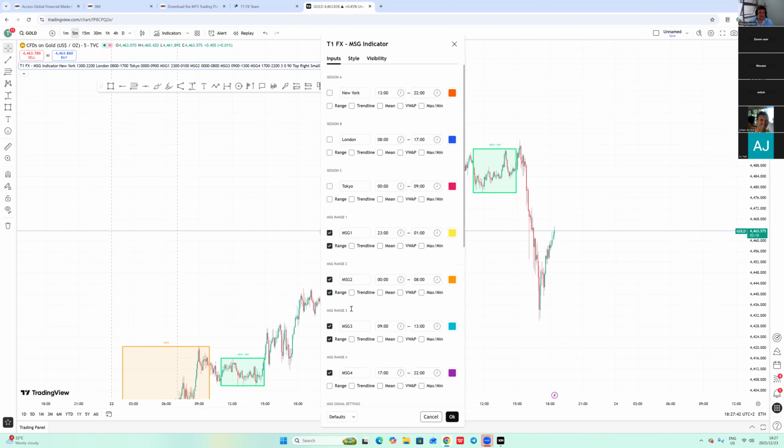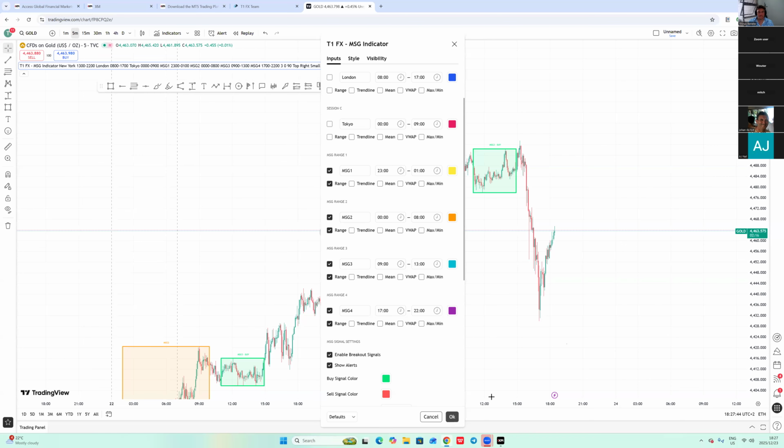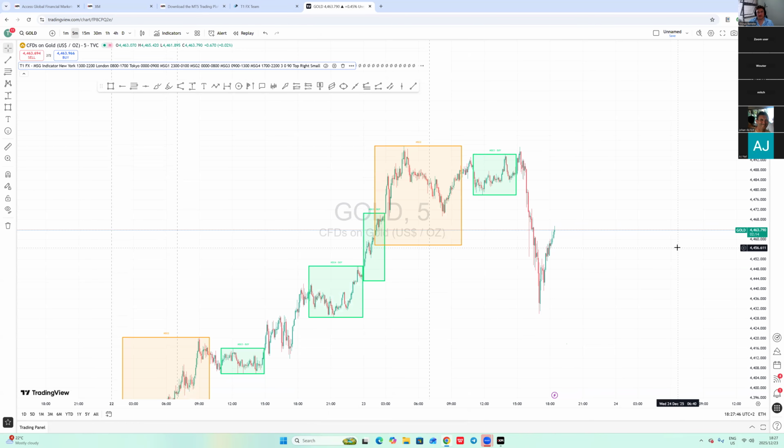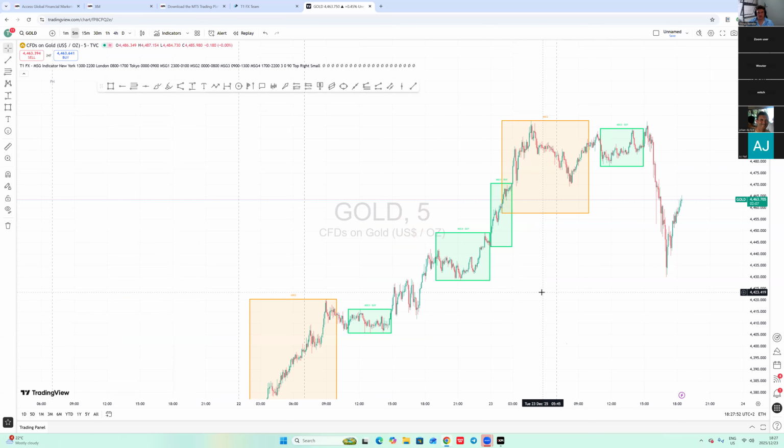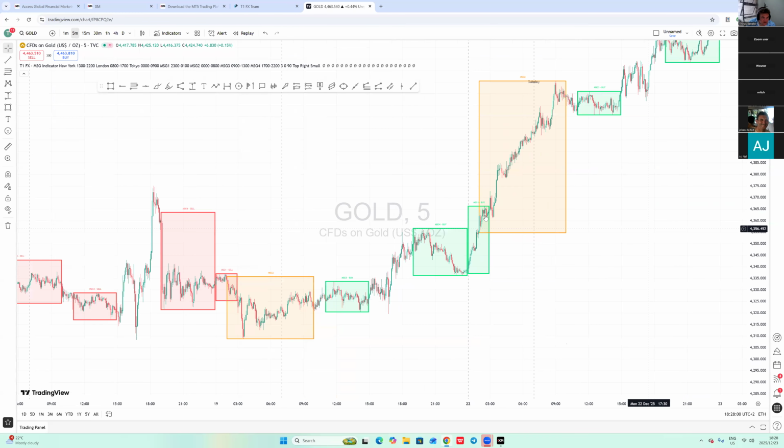So let's go to the MSG4. And MSG4 will still be forming. What's happening here? Here's this MSG4. You can see it showed buy and it went up. This one showed buy and it went up.